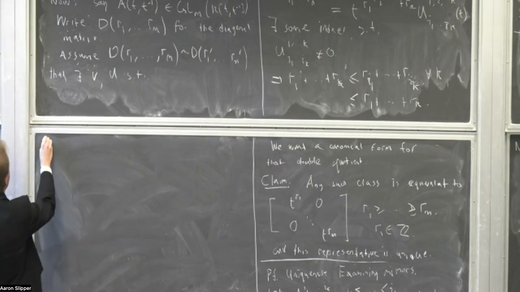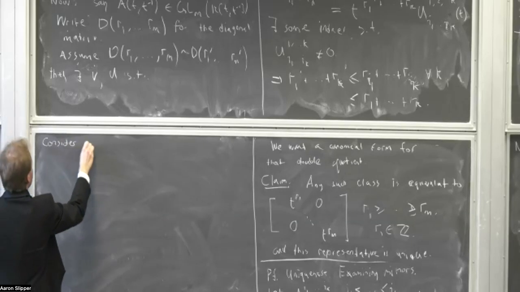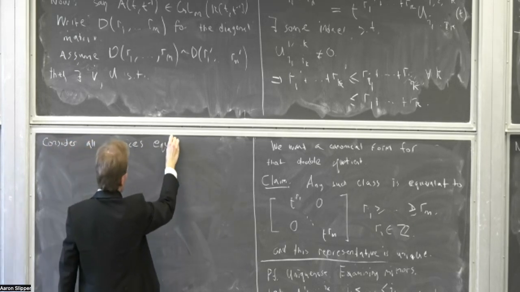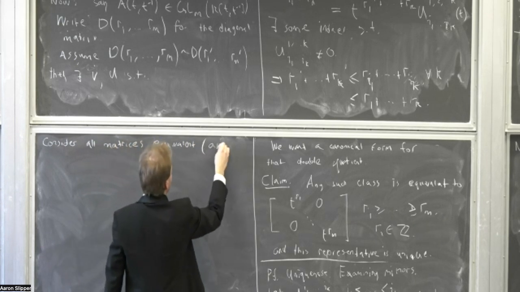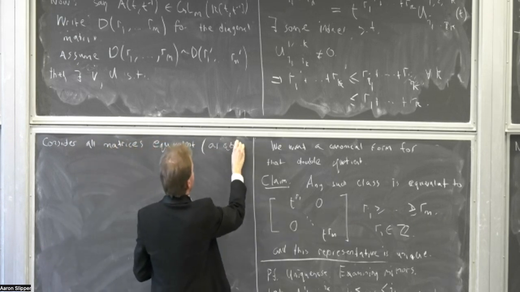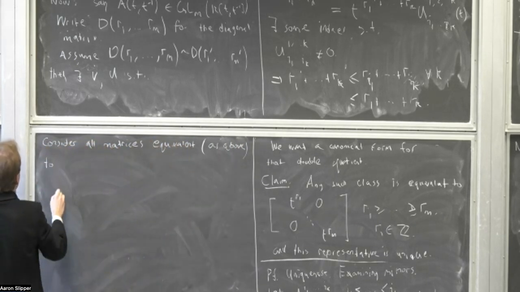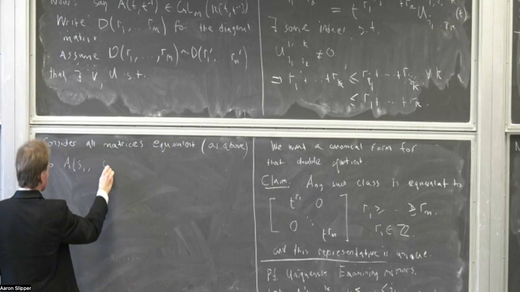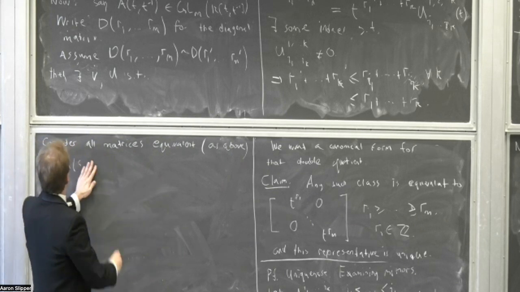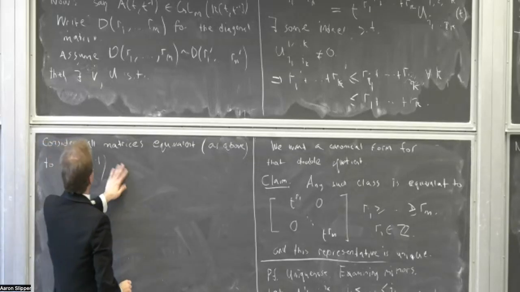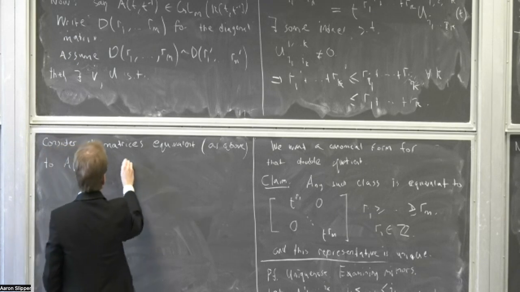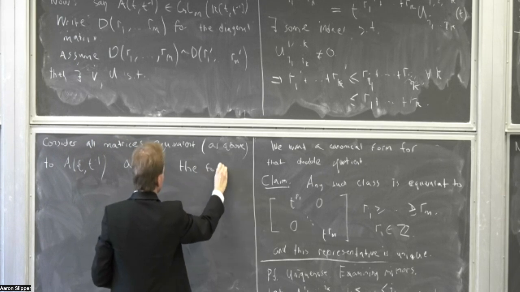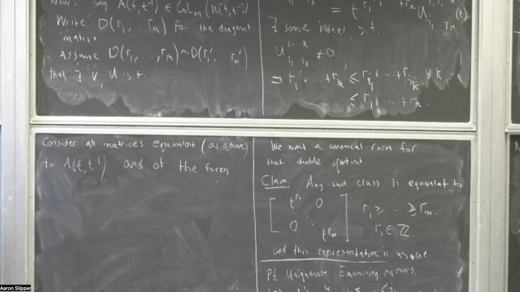So consider all matrices equivalent under our notion of equivalence, as I said above, it was what was just erased, and above to A, that's right, A to T inverse, and of the form